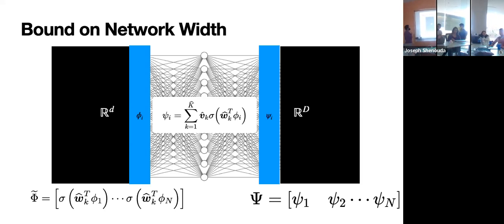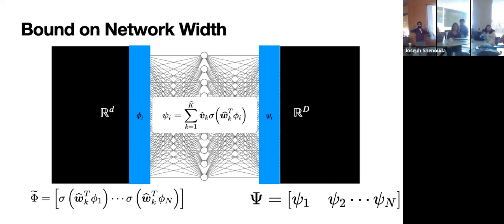Okay. So now what I can do is I can look at my post-activation features in this layer before they get mapped to the next layer's features. Put those all into a big matrix. That'll be R times capital N, right? And then likewise for the output features, it will be capital D by N, right? So I have these two matrices which hold my representations for every single training sample that I've trained on.